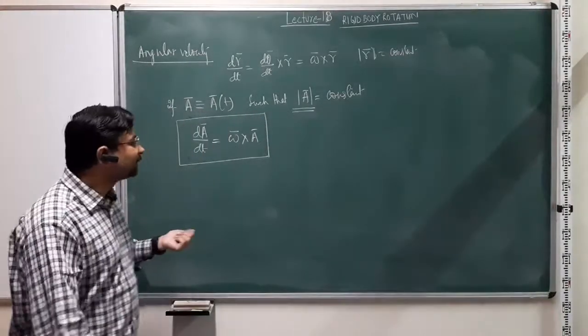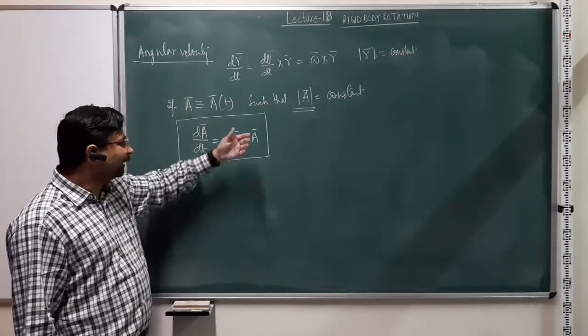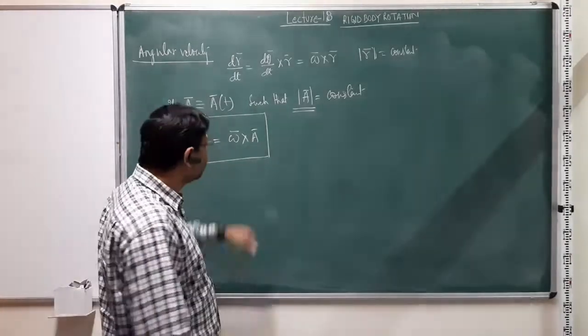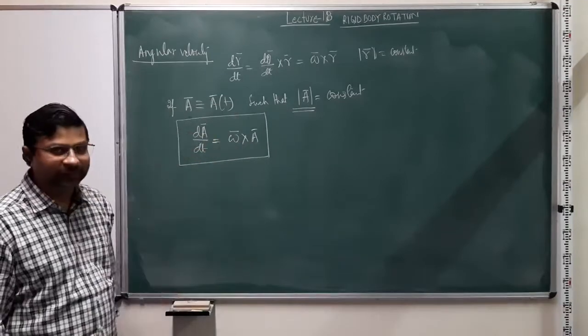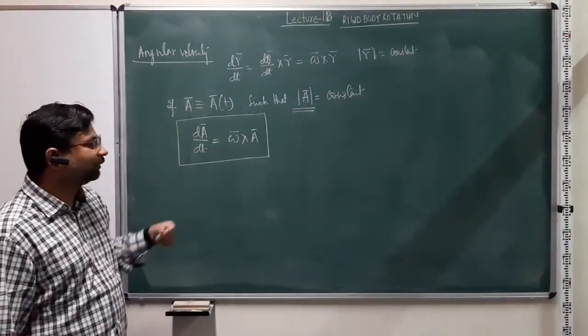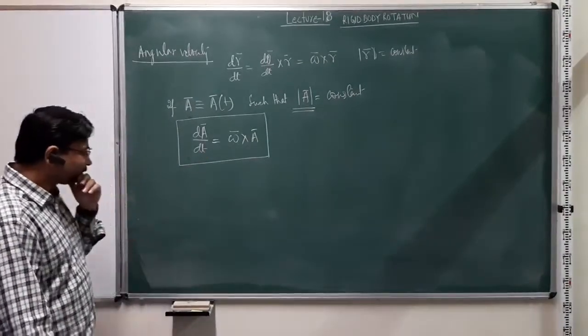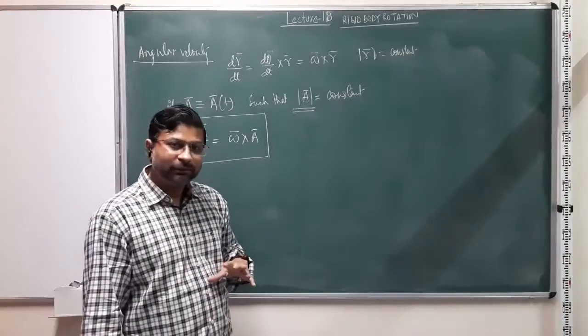So what it says is that the applied force or the applied torque is also going to be perpendicular to the vector A, and A will then have a particular physical significance. It could be the position vector, it could be the angular momentum, linear momentum, or whatever. Right? Okay. So this is the important relationship, and now what we'll do is take an example